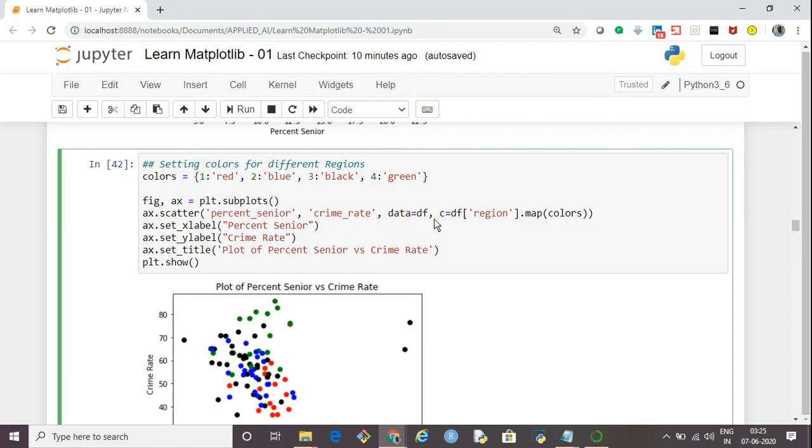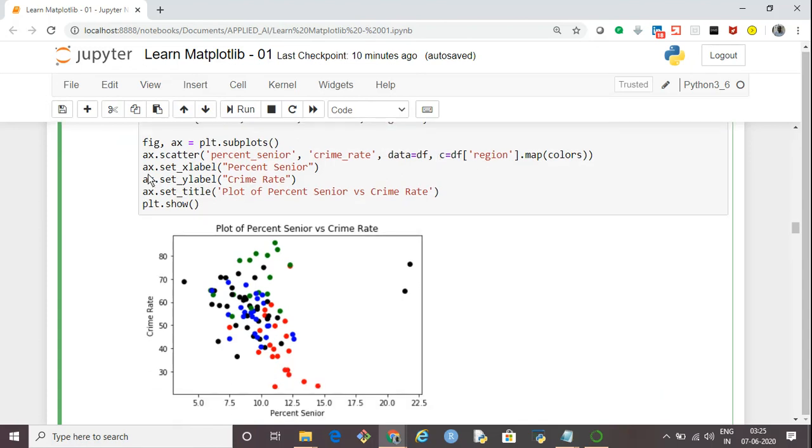So accordingly, this mapping of the region will happen with a specific color. And then again, we are setting the X label, Y label, and the title using ax.set_xlabel, ax.set_ylabel, and ax.set_title. And then we are saying plt.show, that is the plot to be shown, and that's how the plot gets represented. So if you see, there are different colors now, and these colors are coming based on the region